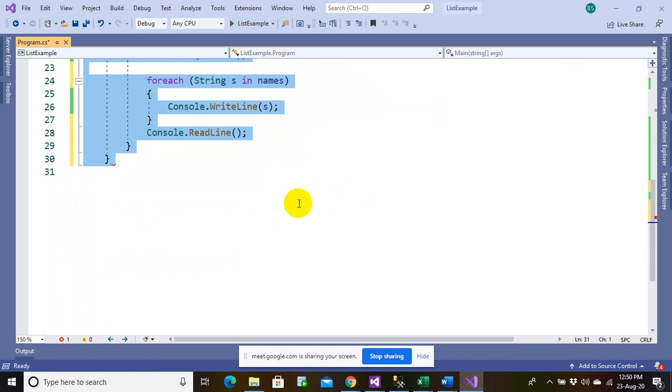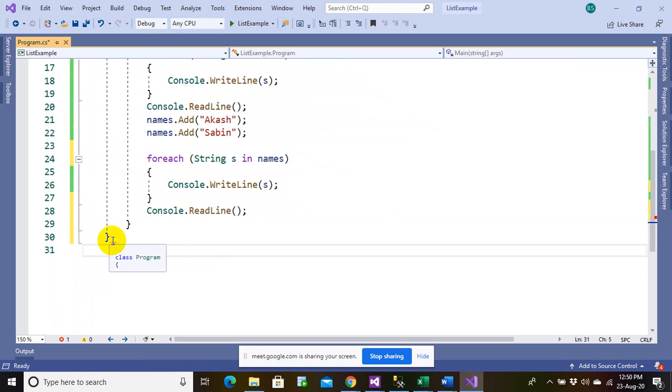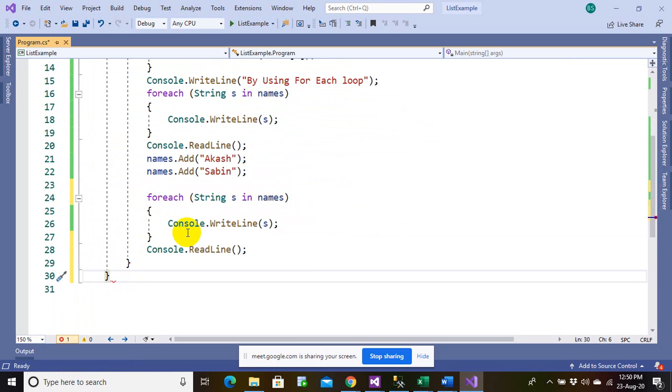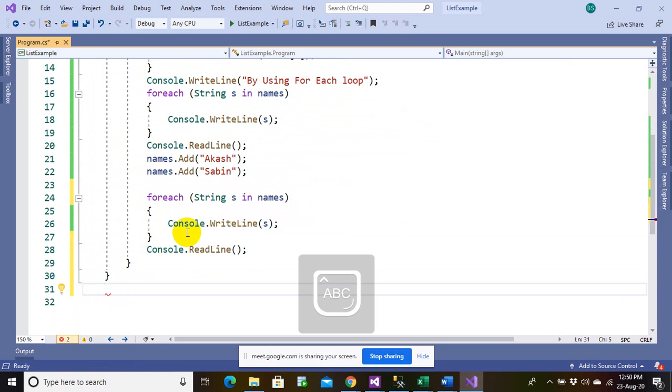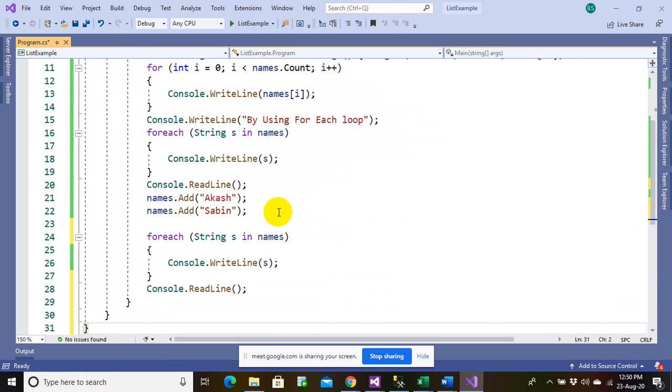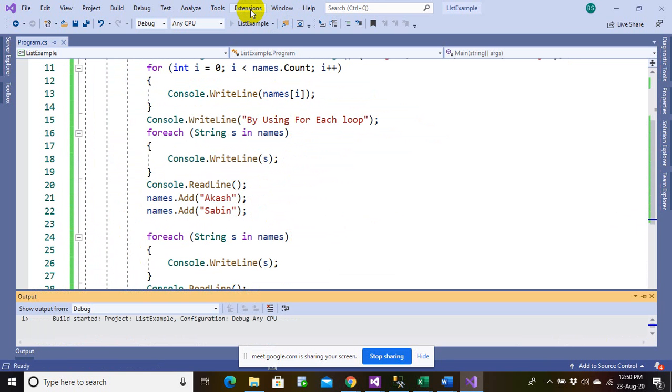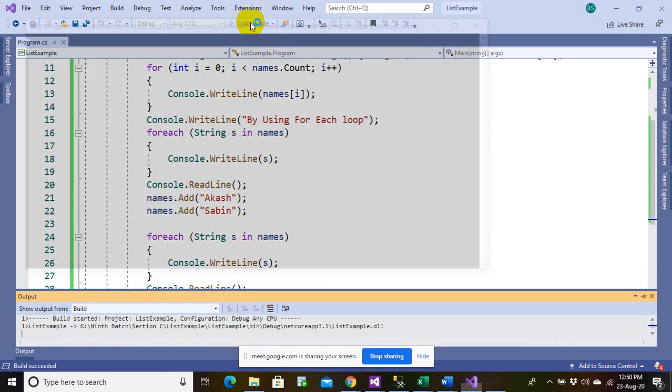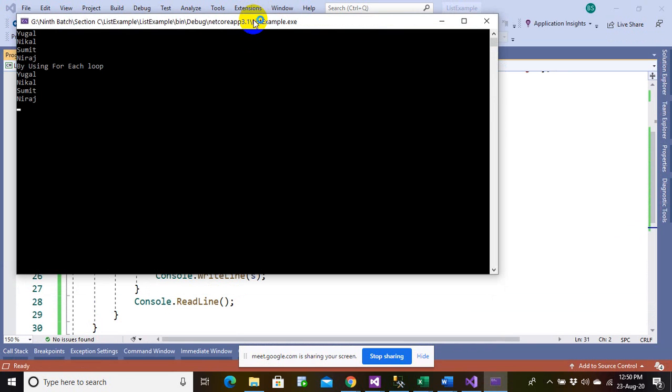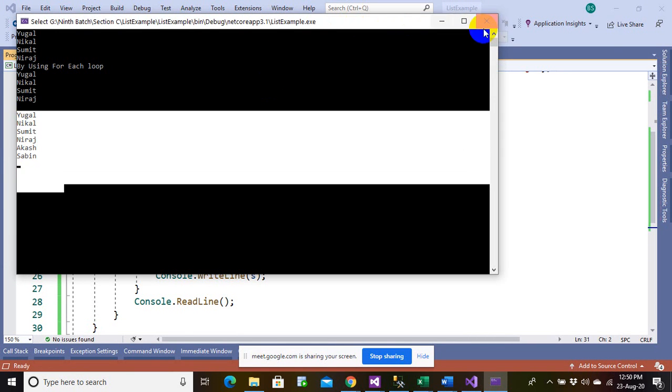Alright, everyone. So that's it. Okay, let's run it and see it now. So the last one you should get Akash and Sabin added. After running you will get Akash and Sabin added at the last.